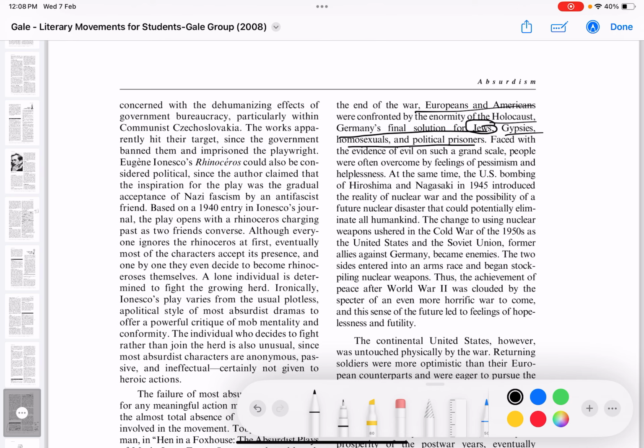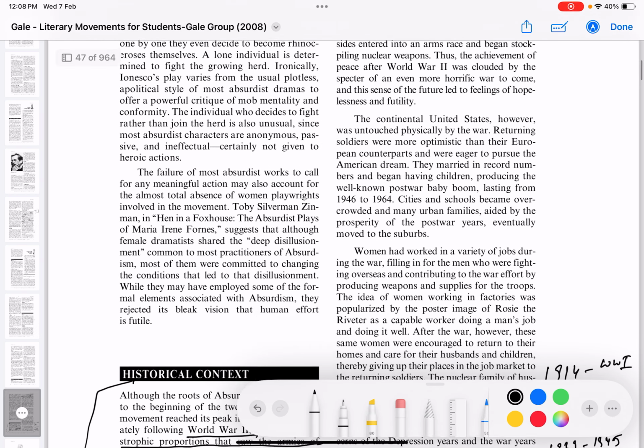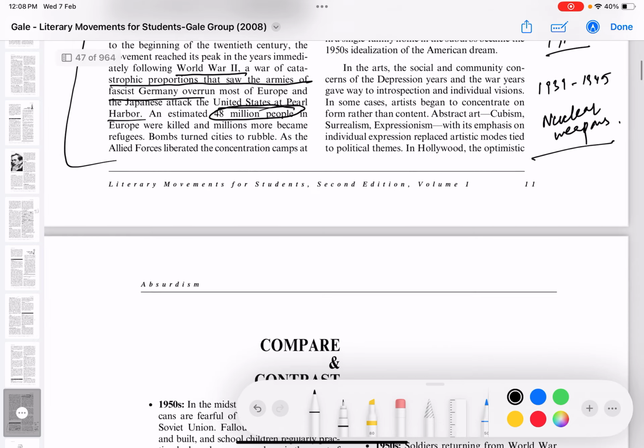The homosexuals, political prisoners, so things which were happening in the past as well, in history as well, but these things were not at the forefront, they were in the background. Now all these things are openly happening. Okay, so this is something which is giving people the feeling of hopelessness and futility and meaninglessness, right? So that's why in the arts, the social and community